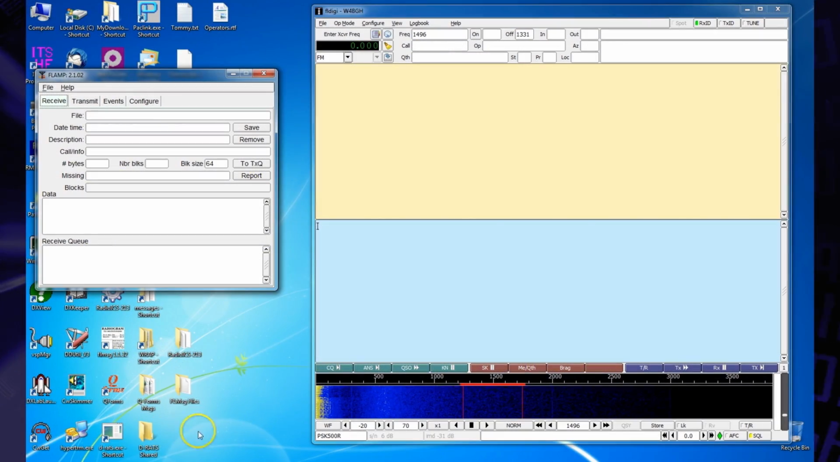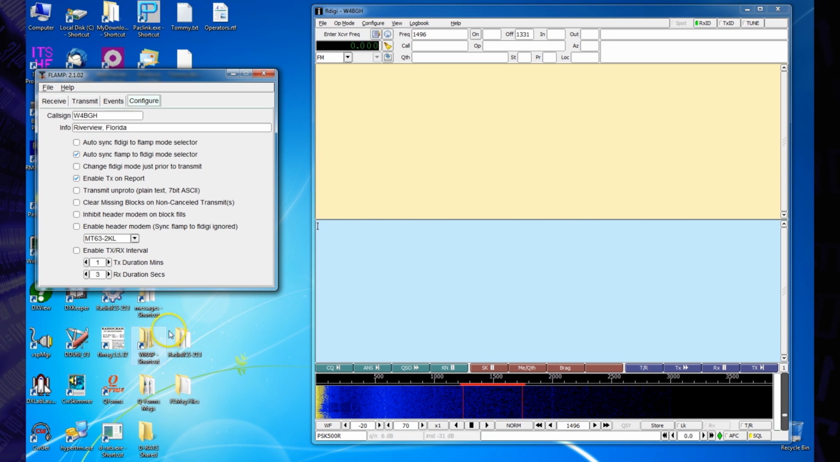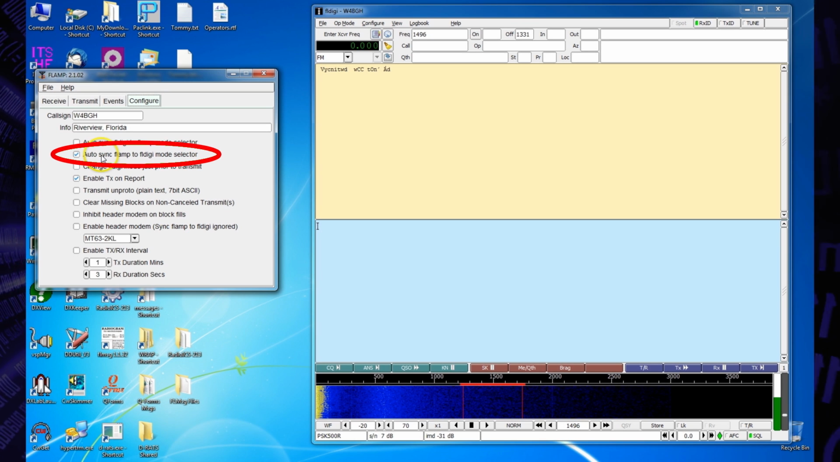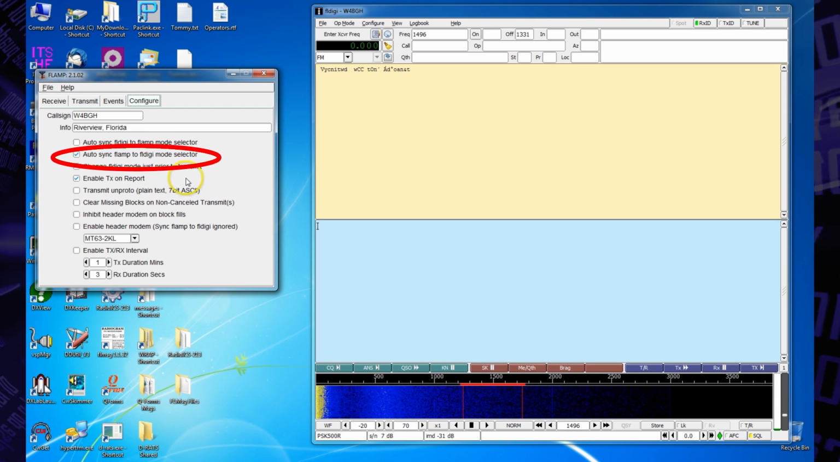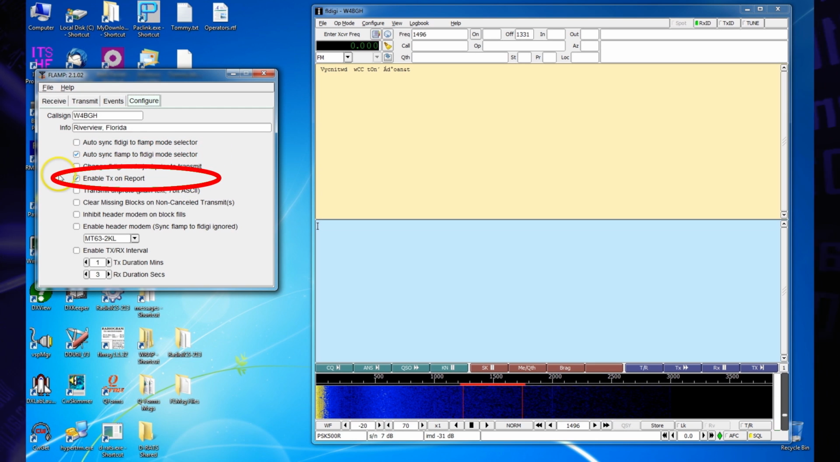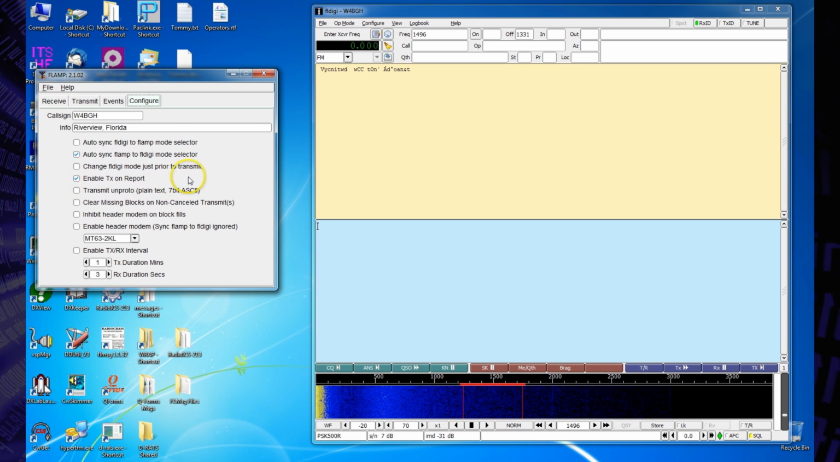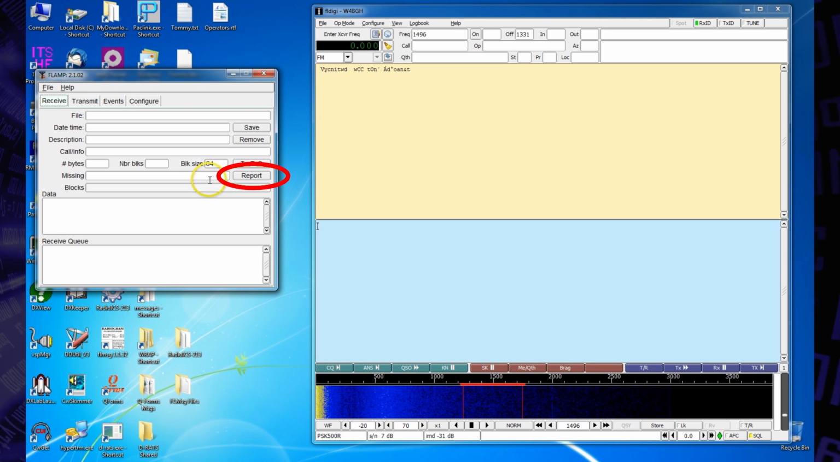Let's look at the FLAMP setup. Click on the Configure tab. In addition to your station information, check the Auto Sync FLAMP to Fldigi box. This makes sure both FLAMP and Fldigi are using the same digital mode. Next, check the Enable TX on Report box. This enables Fldigi to transmit a list of the missing blocks with a single click on the Report button in